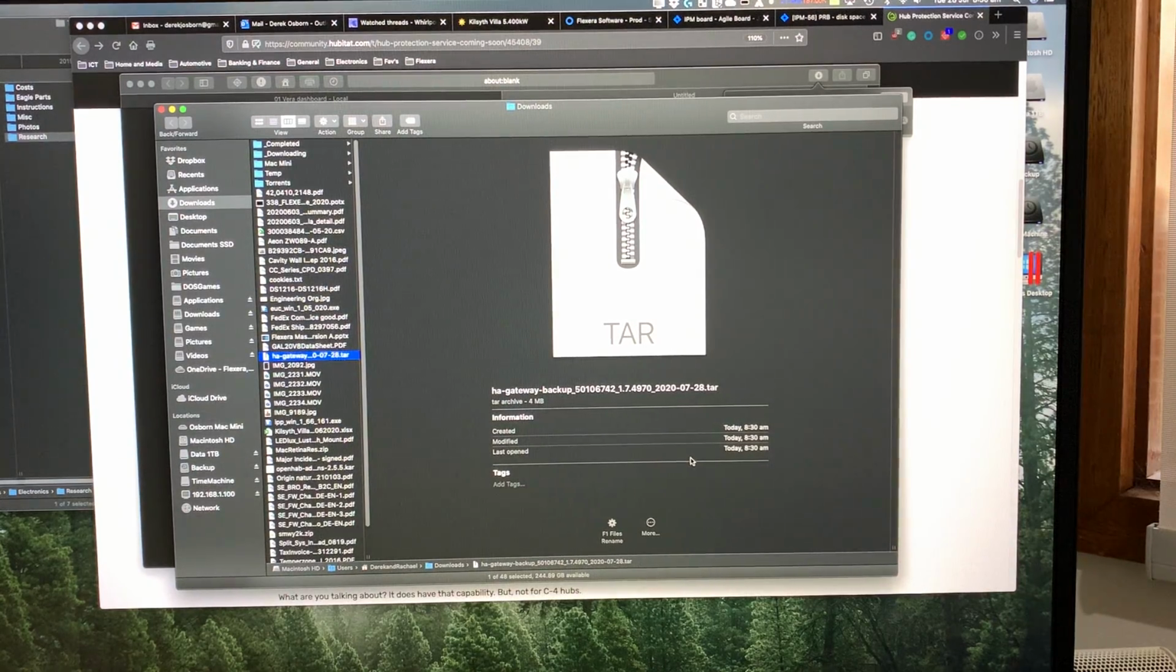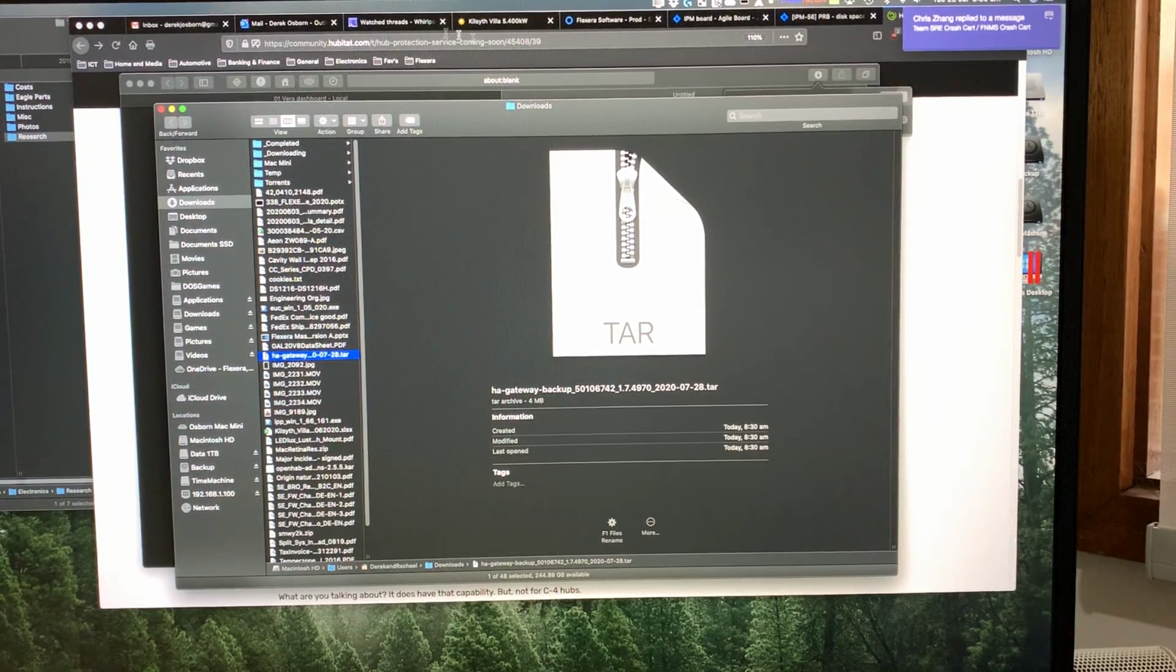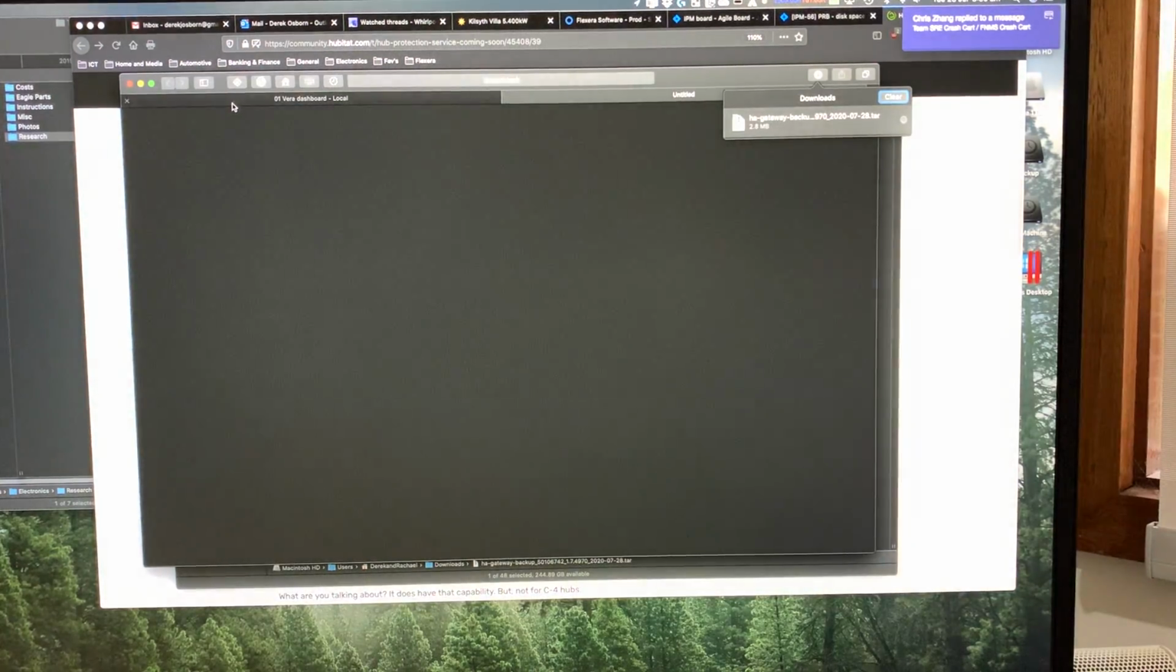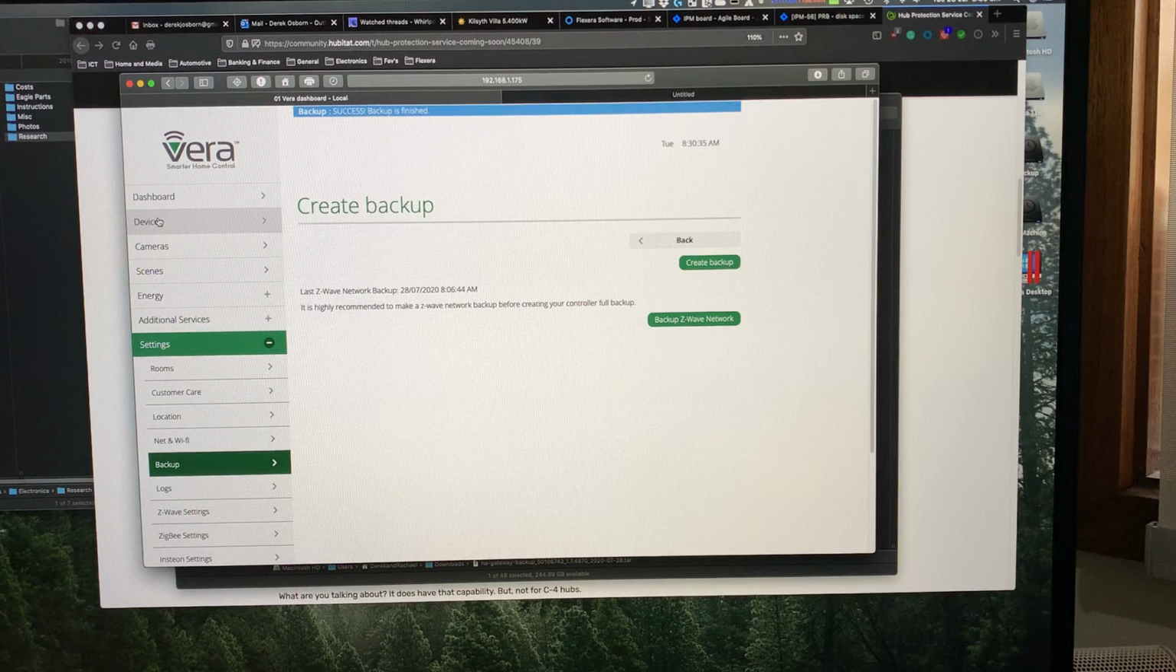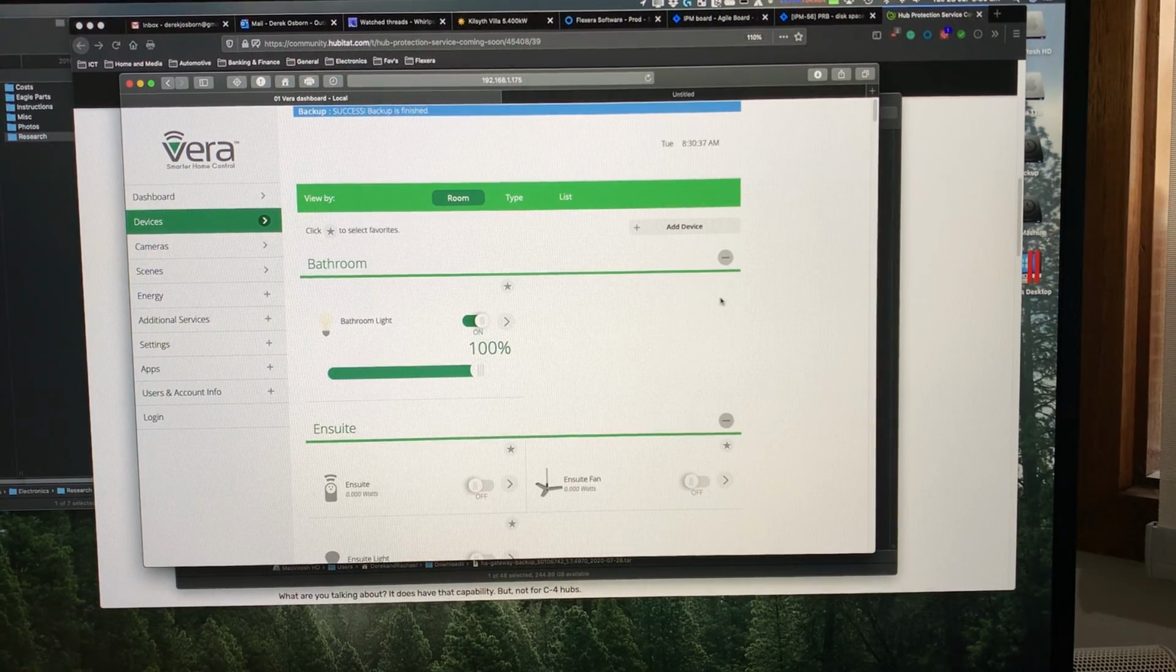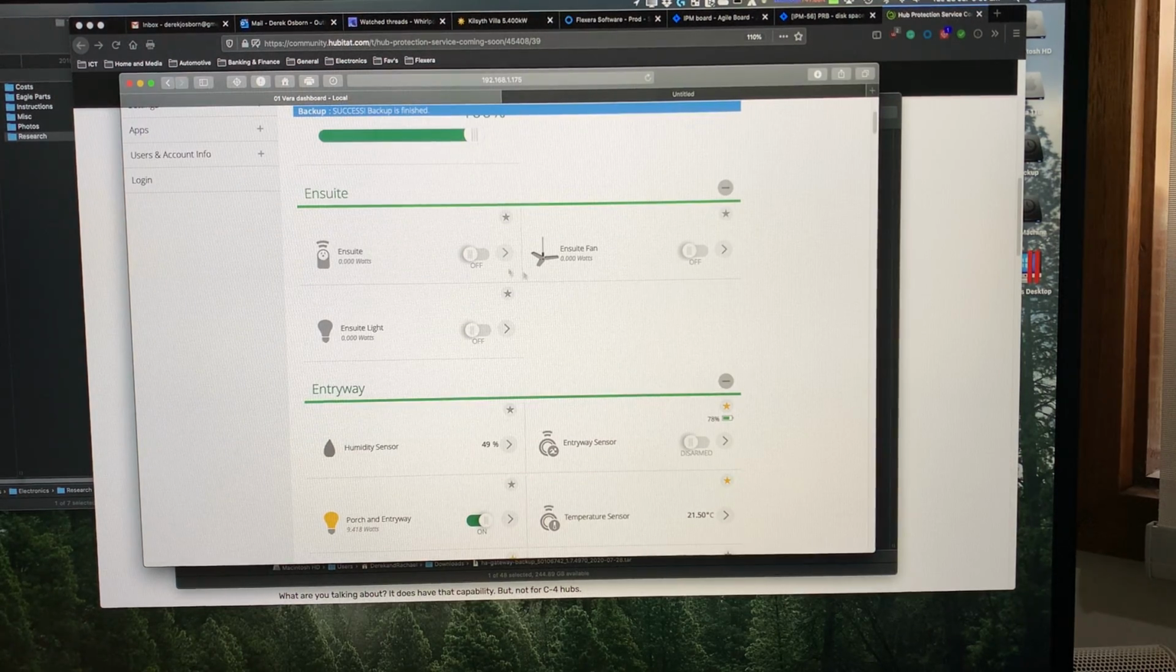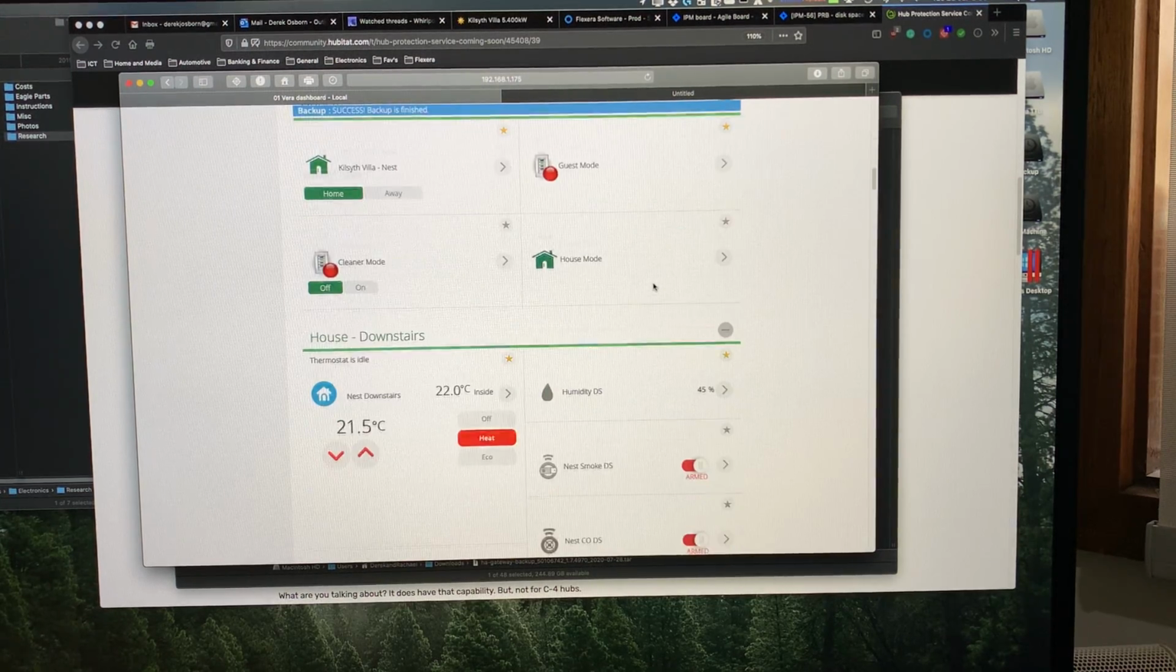Right, this backup is all of 4 megabytes. This literally contains everything. So if I need to restore my Vera Plus, for example, using that as an example, it will literally restore every single device in here. It'll even recover my custom icons that I've put in here. It will recover